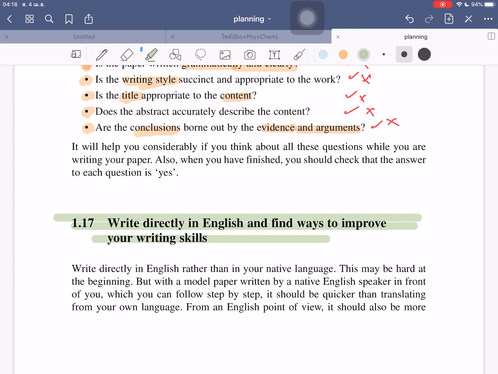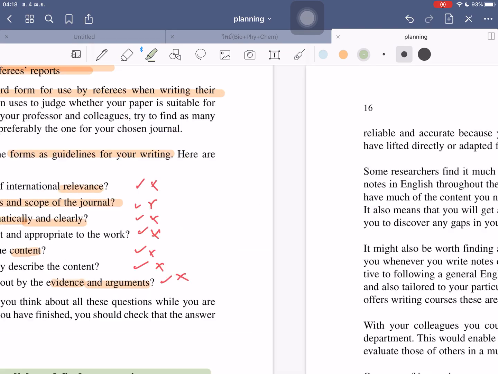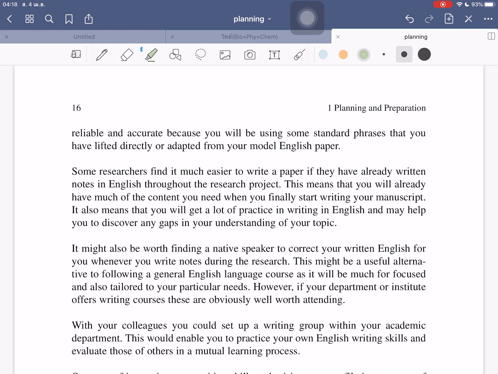Some of us might think, well, just draft in our own language and then translate from our language to English. Would it be easier? Easier, not more easier, I'm sorry. Well, it's suggesting that you write directly in English rather than in your native language. Okay, this may be hard, but you have to try. That's not a big deal. Once you try one by one, you will be able to understand it. Okay, you make it